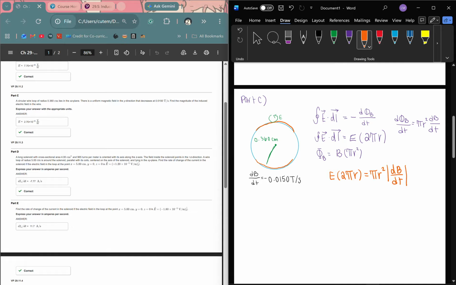Since the problem is asking for the magnitude of the induced electric field, I use the magnitude of the rate of change of the magnetic field. The fact that the magnetic field is decreasing affects the direction of the induced field through Lenz's law, but not its magnitude. So we cancel the pi and divide both sides by 2r, and that gives me